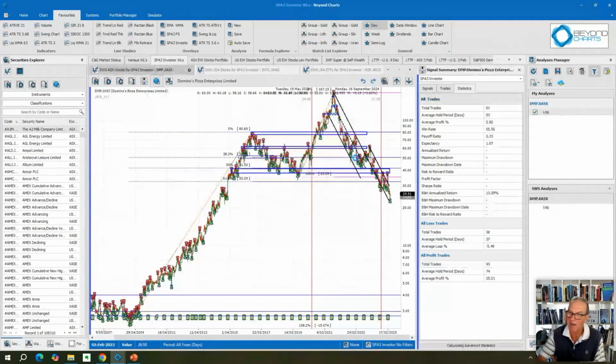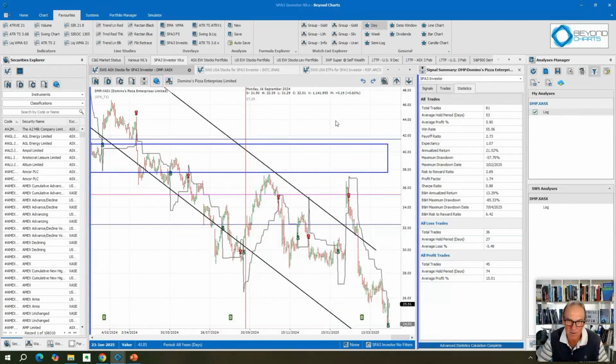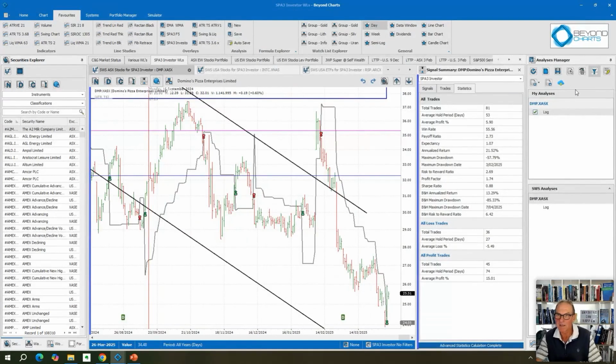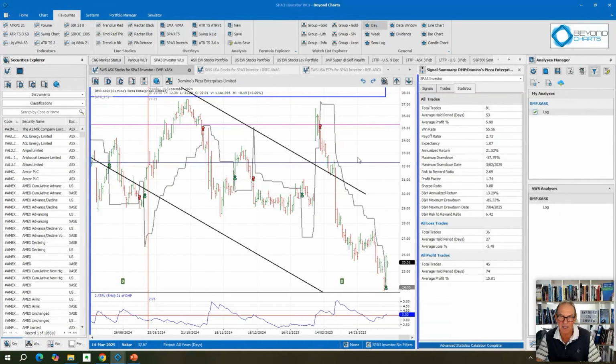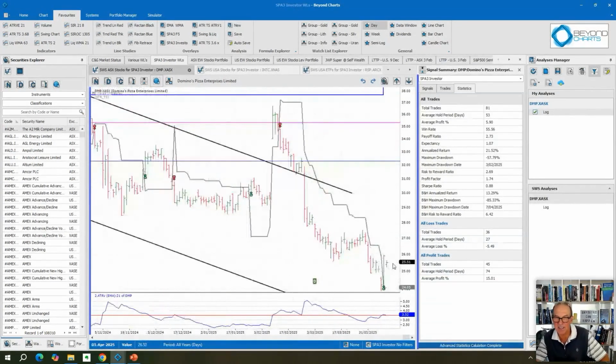So now, rather than looking at a historical trade, let's look at one that's just happened, which I put my market on close order on before coming into the session. DMP has a 55% win rate, an expectancy of 1.7, and a payoff ratio of 2.73. Volatility doesn't really get that high. It's got a little bit more volatile recently, but the point that Don's making is there's an entry signal that occurred overnight, and there is where Domino's is trading at the moment.